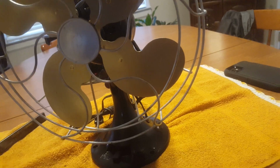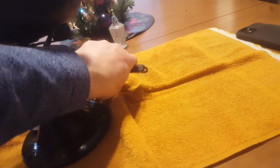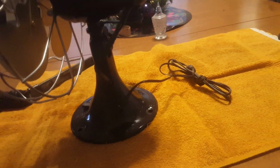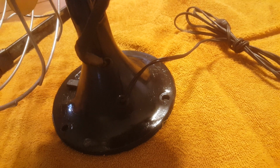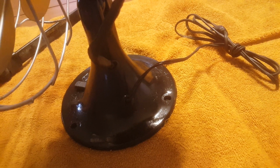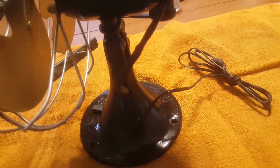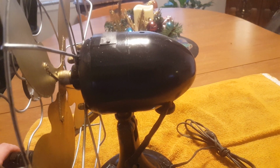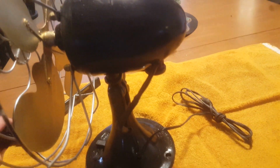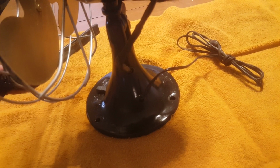So the first thing when we're looking at this fan that they've done, and this is far too common, is they've got a couple cans of gloss black spray paint because for whatever reason, anybody that ever does an amateur restoration on these fans, they think they're all gloss black. And this one was black originally. I don't think it was gloss black. It was probably more of a matte finish, like a semi-gloss,